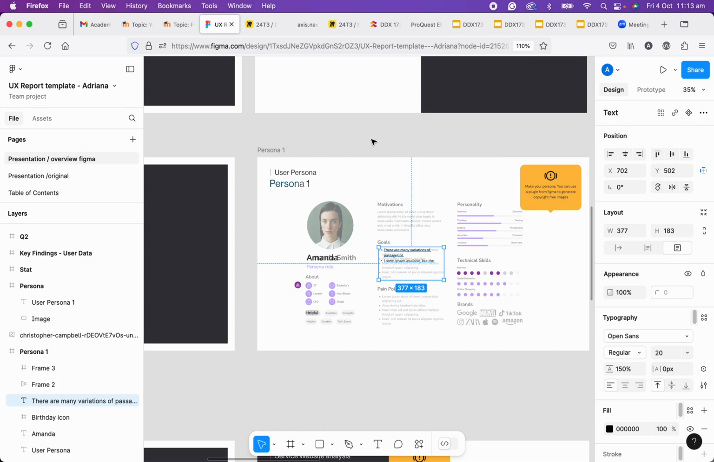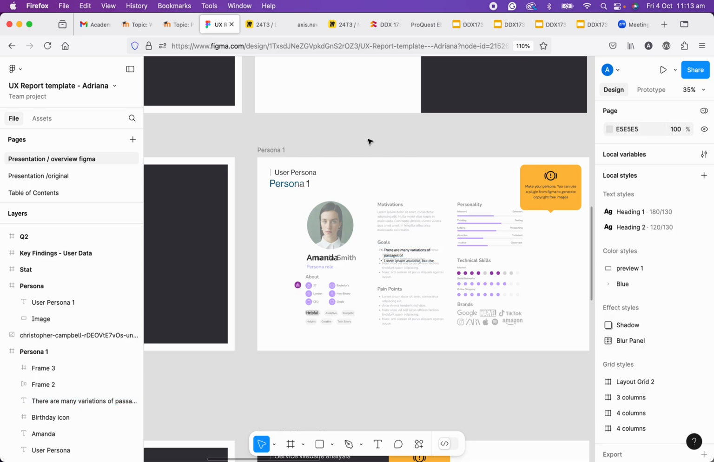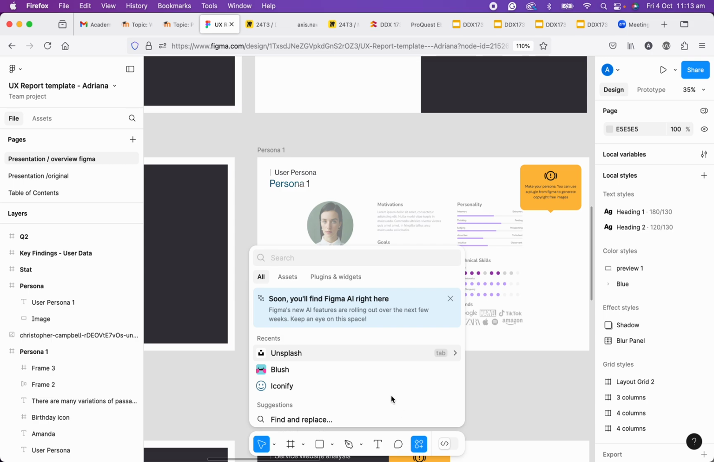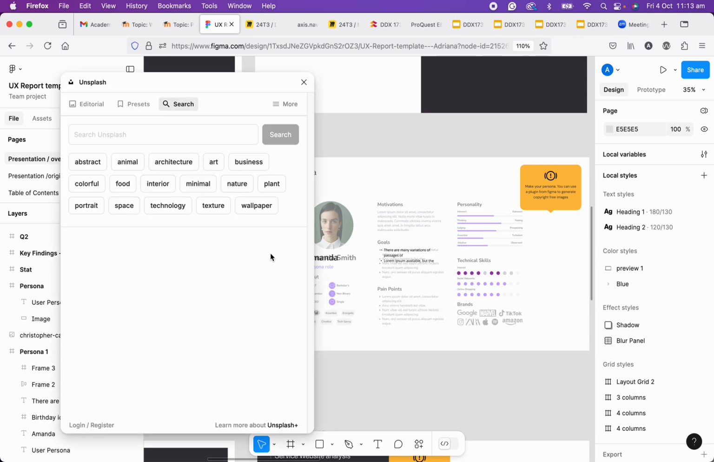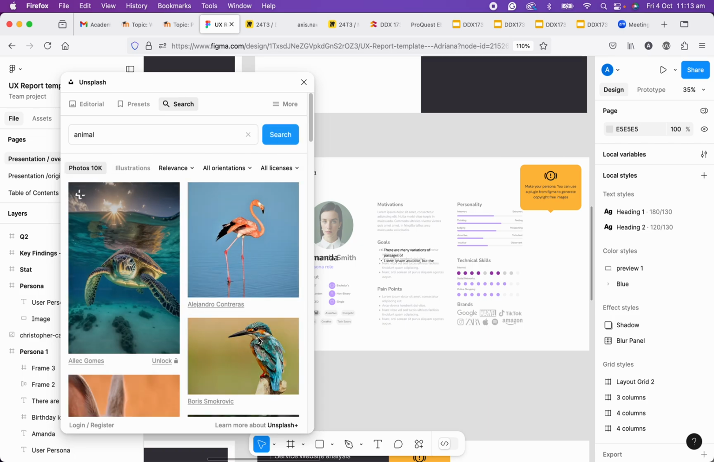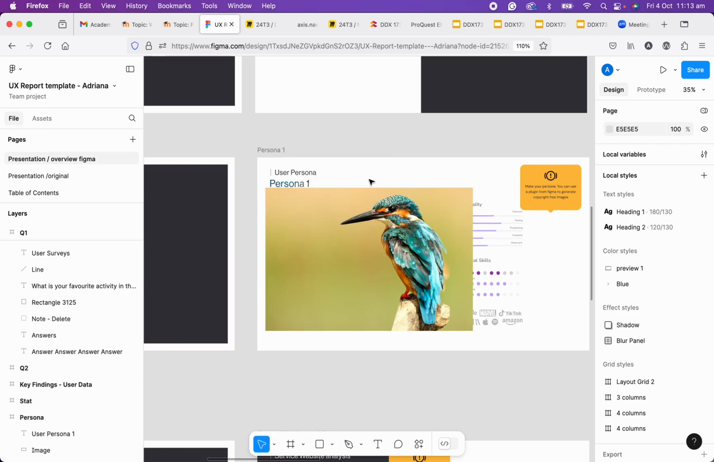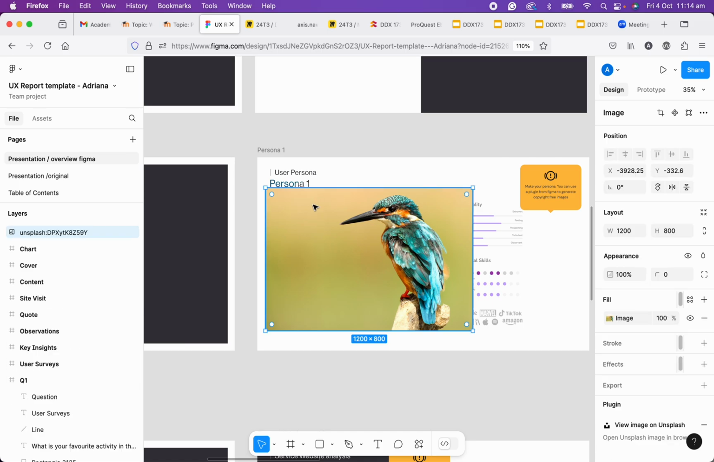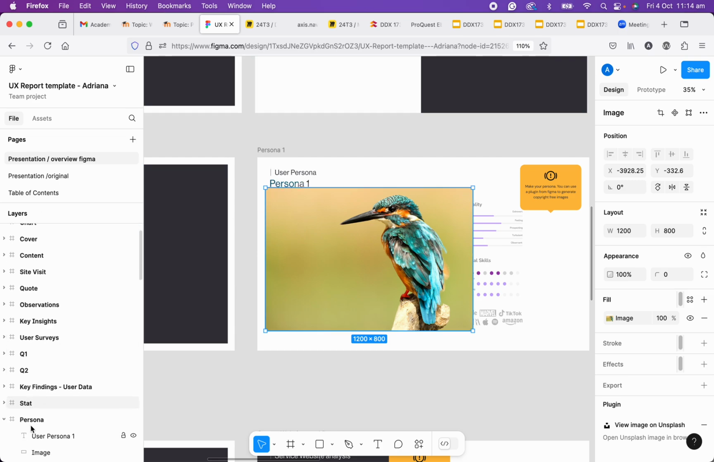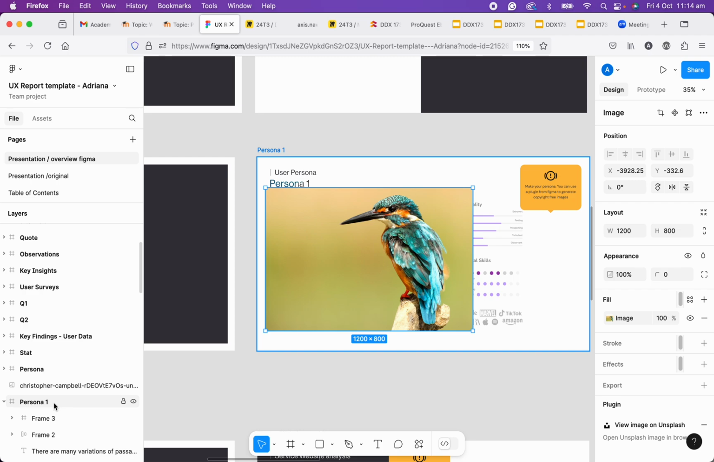So what is the option? If this happens to you, you can unselect everything, okay? Go to the plugin, select again the image, and click, and it will automatically insert the image. And that looks good, okay? But there is something to keep in mind. If you see in the layers panels, and I select this image, it's not on the Persona 1 page. It looks like it is, but if you see the Persona 1 page, this is the one we wanted,